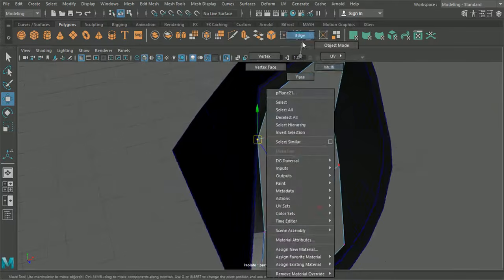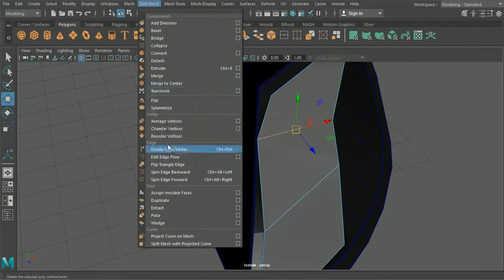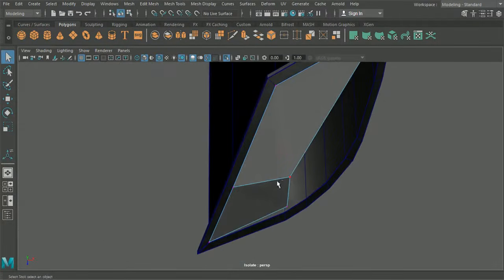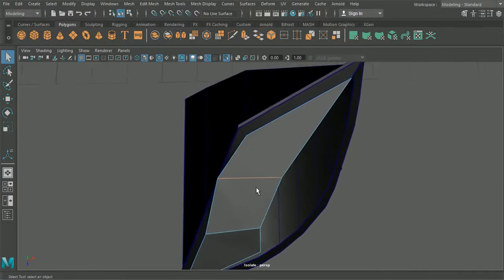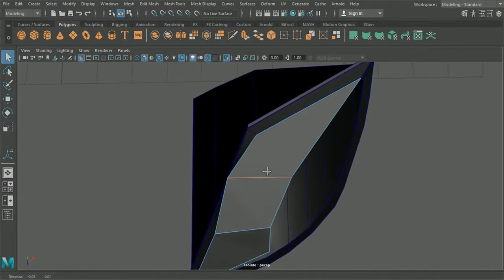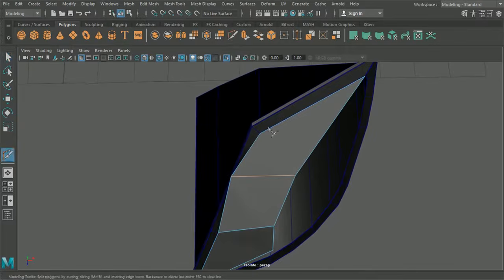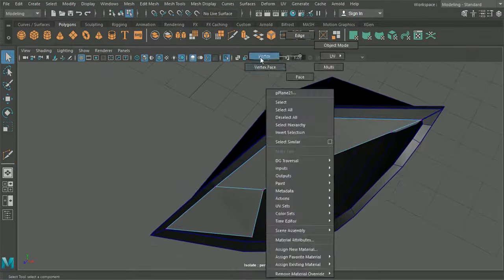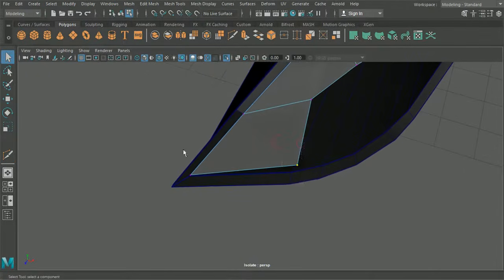I think we've got one too many edges. Okay. Oh, maybe not. What I actually want here is this. So I actually want an edge kind of corner inside here. We can drop another vertices up here. And then what we'll do is we'll snap all of these too.